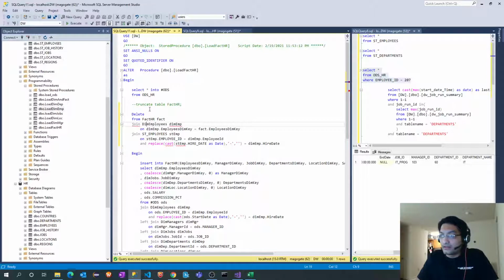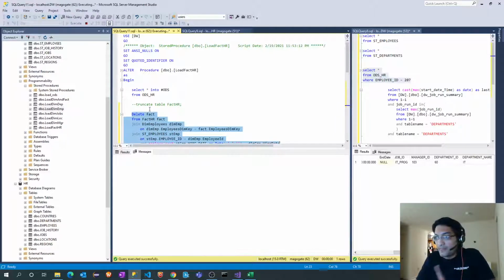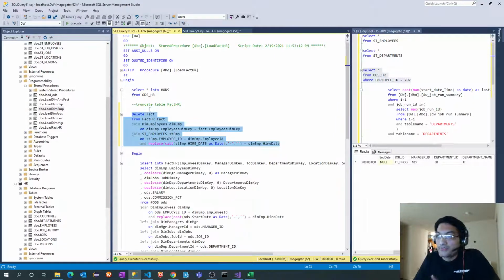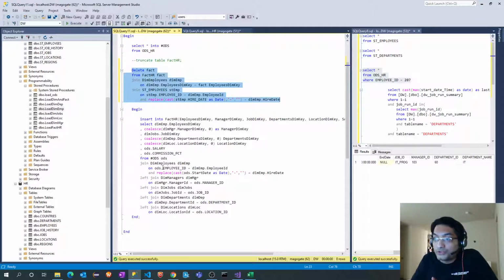Delete from fact, from this. This is perfect. So if I execute this, it should delete one record. It deleted one record. Now I cannot use this again, because in my ODS table I have multiple entries. If I run this again, it will try to insert all historical records, whereas I'm supposed to insert only the incremental, only the one record which got updated recently.